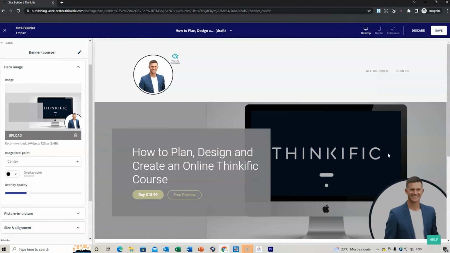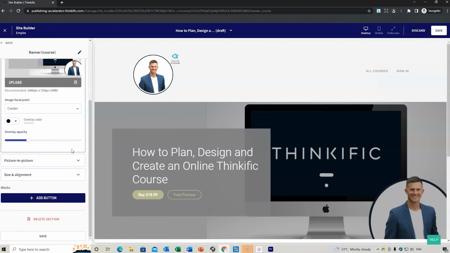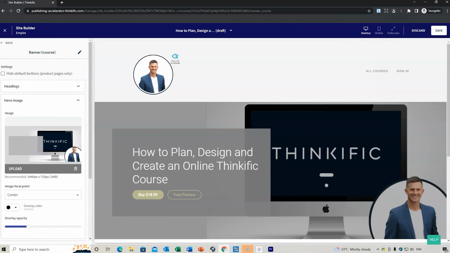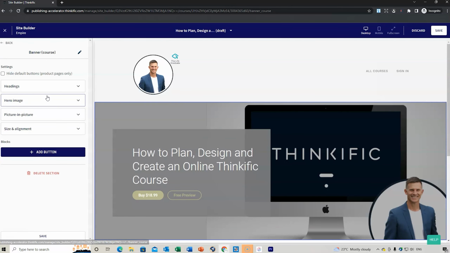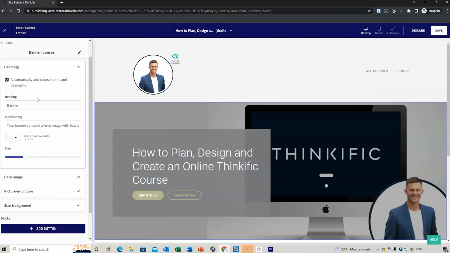There we go. So now that has come up. When you see these buttons, you can also set those buttons. So if we go back here, we go to the banner. Sorry, I might have already been on that. Go through each of the ones. So we've got our main banner, and then we've got our heading, whatever we want to change that